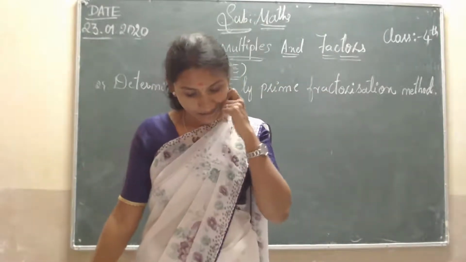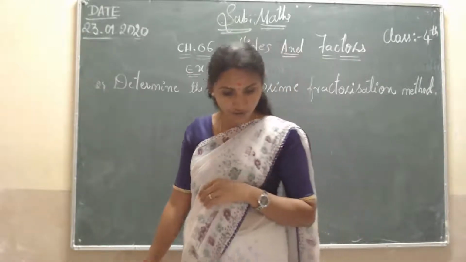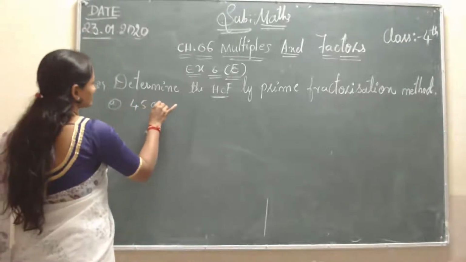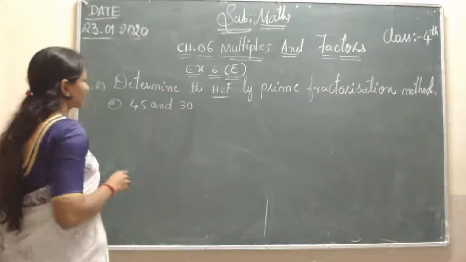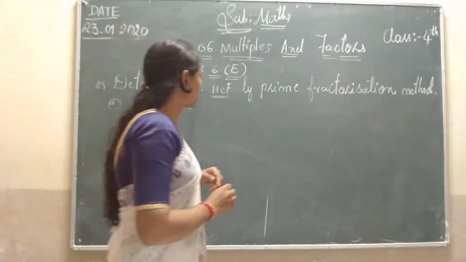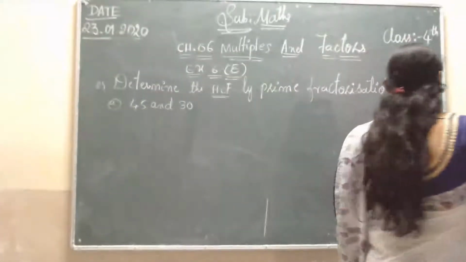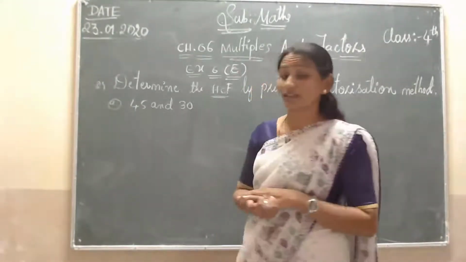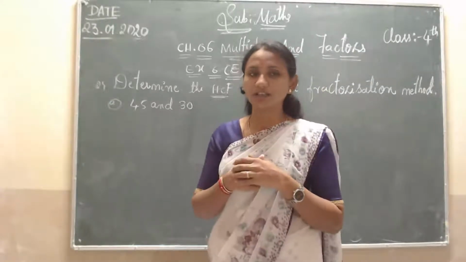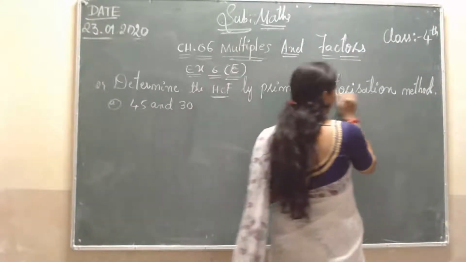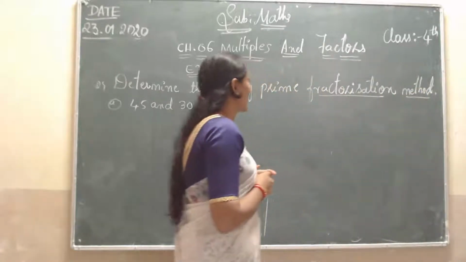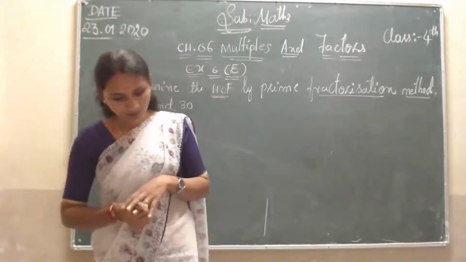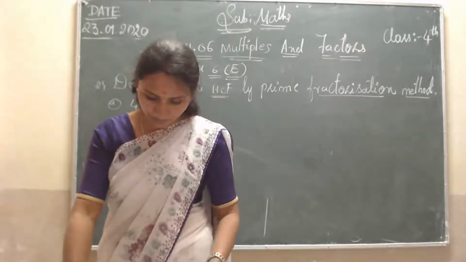So yes, students, let us start with the second main question. The first question is 45 and 30. So 45 and 30, but how to find it? Students, how do we find the HCF in the factorization method? See this one, HCF by prime factorization. Prime factorization method means first you have to arrange the